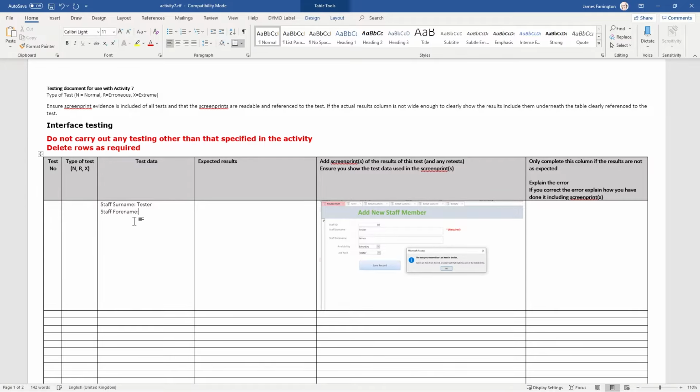And this is where we need to be very, very clear that we're going to be putting some incorrect information in. And that's going to be that they're going to be a tester. Now, as we mentioned earlier on, we have to make sure that we're choosing the right type of test for this test. Now, we're putting incorrect information in, so we know that this is wrong information. It's not going to be normal and it's not extreme, so therefore it's going to be erroneous. We need to make sure that we're putting R for erroneous in here and make sure that we put in the test number 1. In our expected results, we're going to put in some information to suggest to the examiner